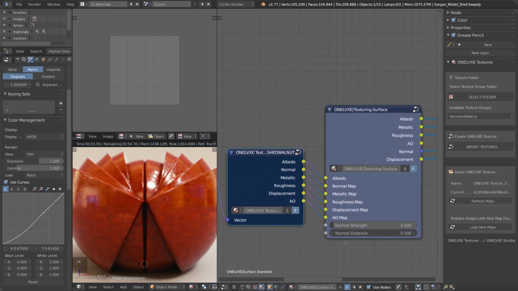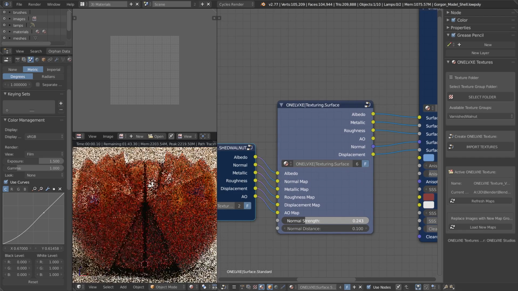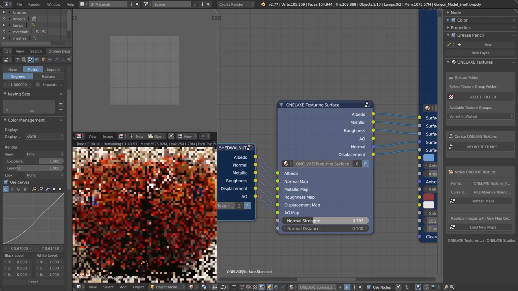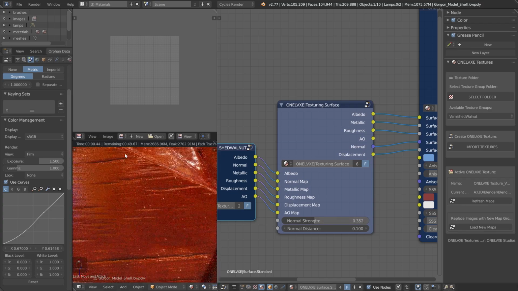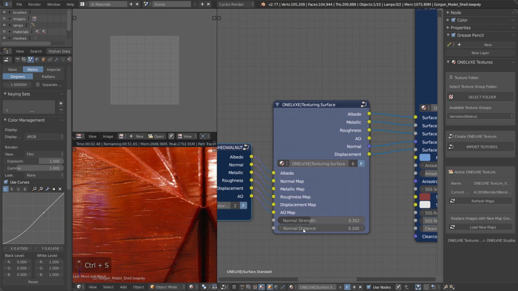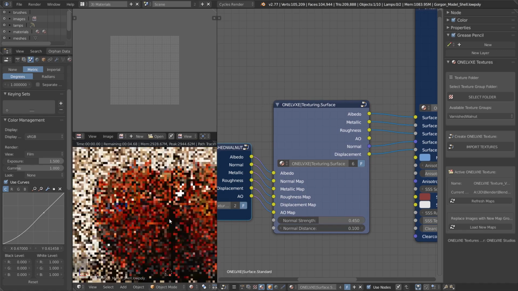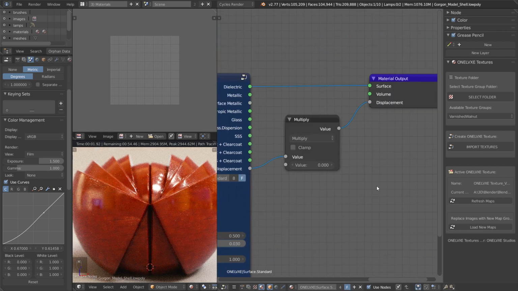And then let's go ahead and start adjusting our normal strength. So as I start to bump this up, you can see the normals of the surface start to come in a little bit. Looking very, very nice. So I like it at about 0.45, I think. That looks pretty nice. So I'm going to unplug surface normal for a second and hop on over to displacement